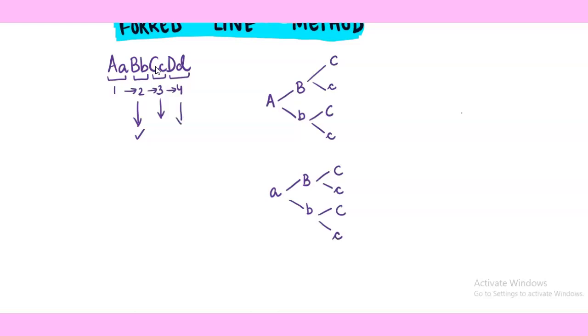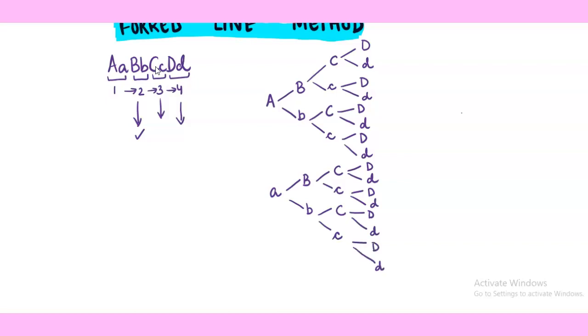Now we are left with the last pair, that is capital D, small d. So again we will write capital D, small d. With each term you have to write in bifurcation. Capital D, small d. Again capital D, small d. Here also you will go in a similar fashion. Make sure you use enough space. Capital D and small d. This is the initial method of how you have to make the forks.